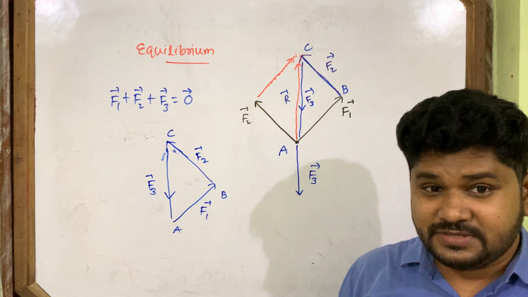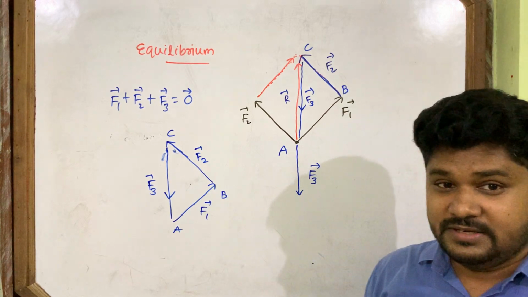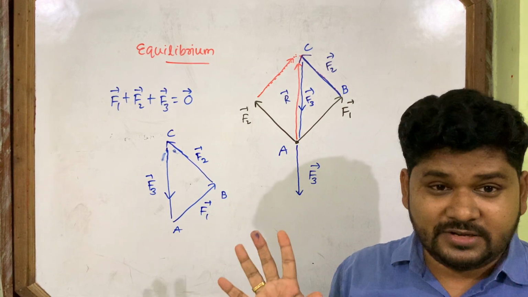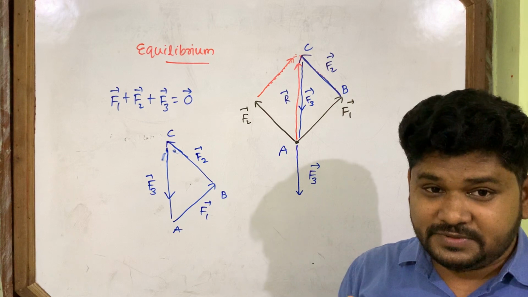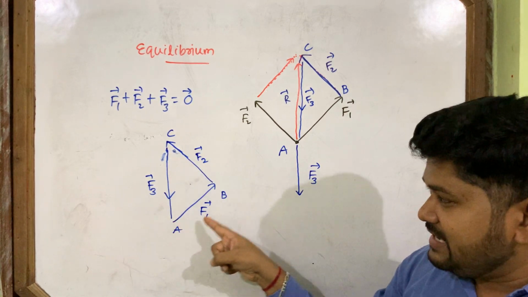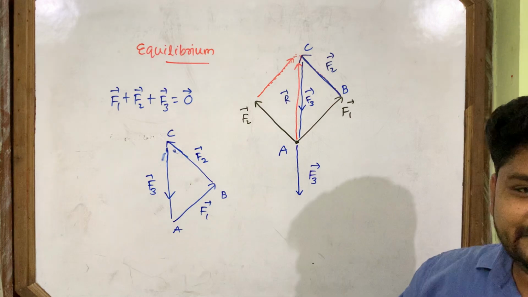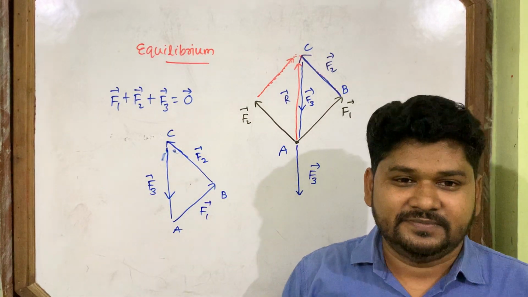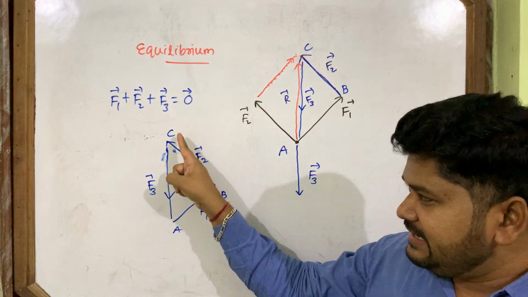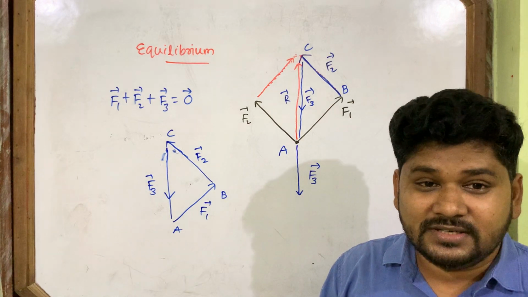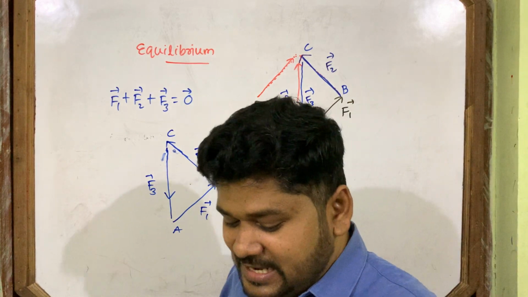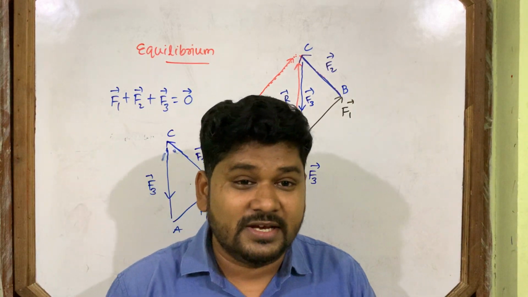This is one important concept which will help you to solve questions. Remember, concepts will help you to solve questions. If you understand one concept, you can solve 100 questions. But if you mug up the answer for one question, you will have doubt in the second question. F1, F2, F3 are the three vectors which cause equilibrium, and in a triangle they are presented tail, head, tail, head, tail, head. Same order. So I can now change the statement of the triangular law.